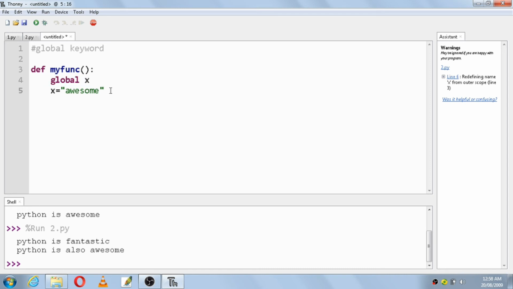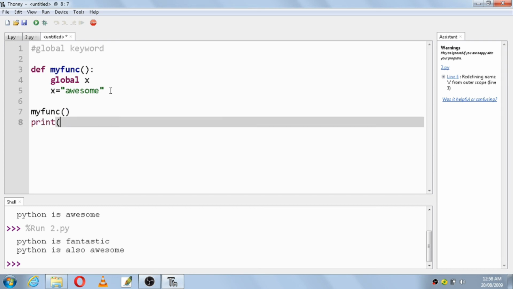So what you can do here is call the function my function. Then later on print "Python is " plus x.